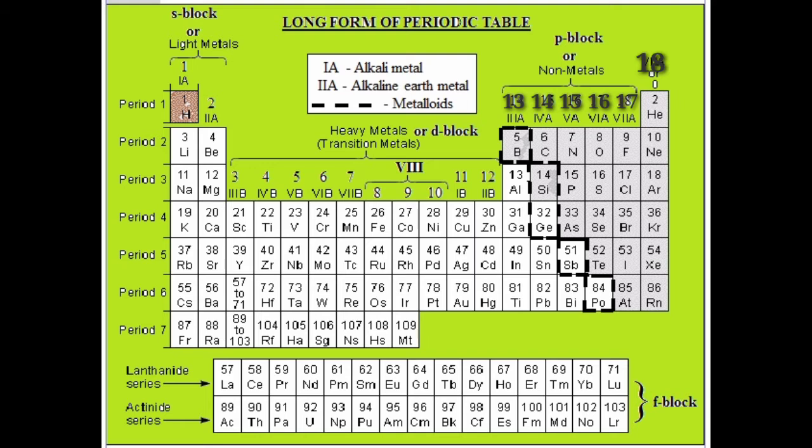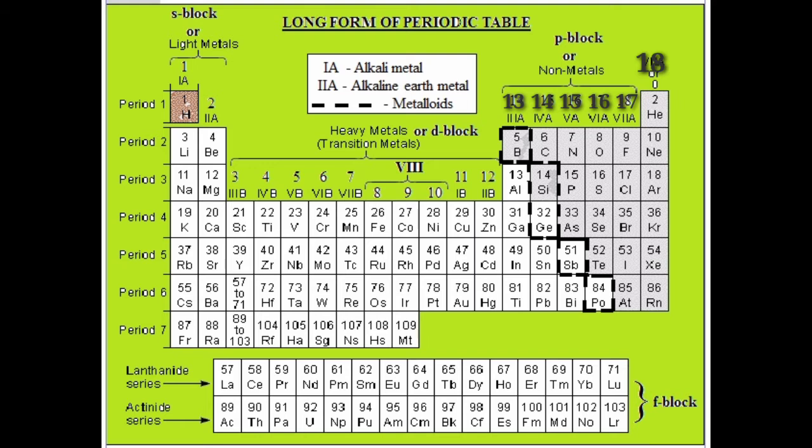You have studied in the structure that there is a zigzag line, yes or no? Left of the zigzag line all are metals, right of the zigzag line are non-metals, and the border elements of the zigzag line are called metalloids, yes or no? So P block overall contains metals, non-metals and metalloids. But in D block, groups 3 to 12, all are metals. Is this thing clear to you?